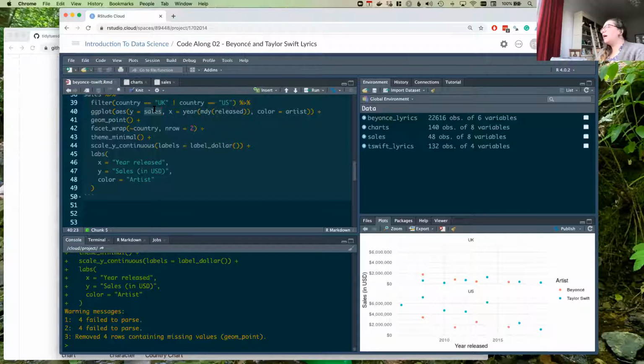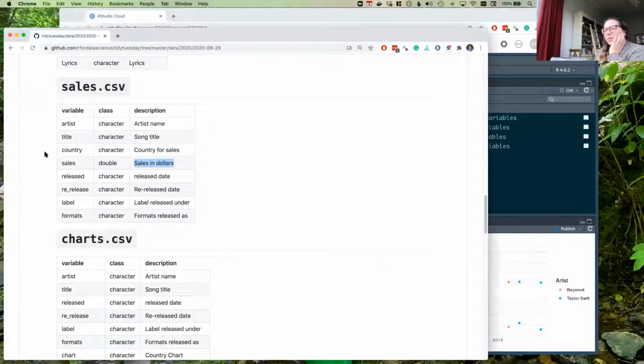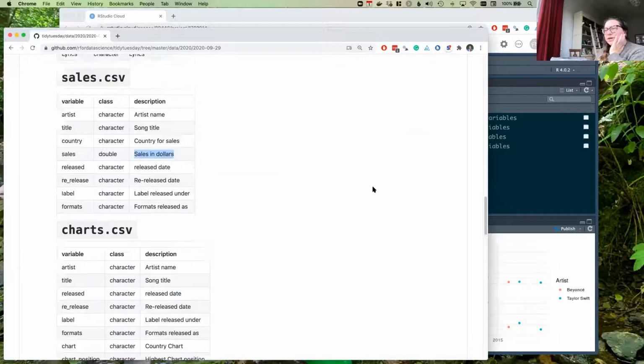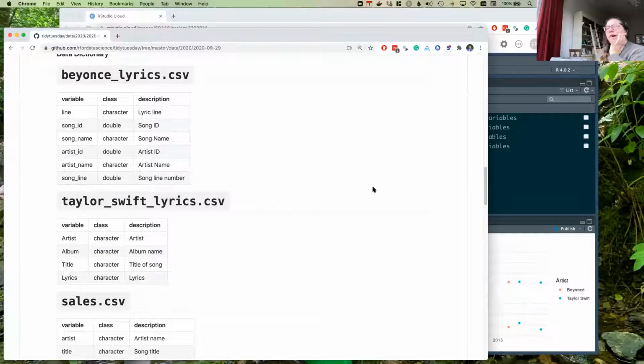All right. So we have a few minutes, like 5 or so minutes left. Let's see what else you guys want to look at. Is there one other thing people would like to look at? Shall we very quickly do something with the lyrics? Some of it will be me jumping ahead, but then we can do a bar plot based off of that. We'll do something with text analysis where I jump ahead a bit and use some functions I haven't taught you before, but then we do a bar plot of things.